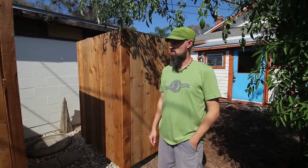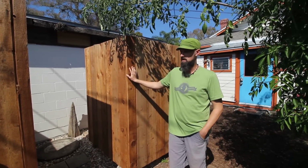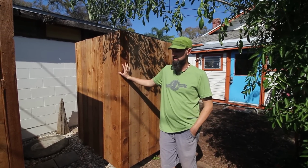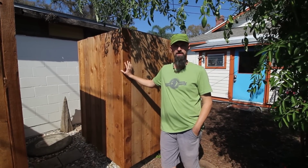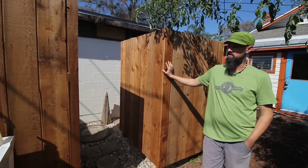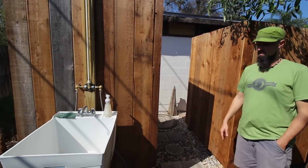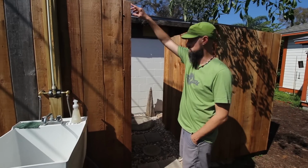So here we are at our outdoor shower and composting toilet stall. We just built this out in the past couple of months. Nice house project, all hands on deck for this one. We did have a smaller shower, but it was a little drafty during the winter and didn't lend us much privacy. So we rebuilt it, reconfigured everything. We have our outdoor sink for produce and yard projects. And then we have the shower, as you can see in here,